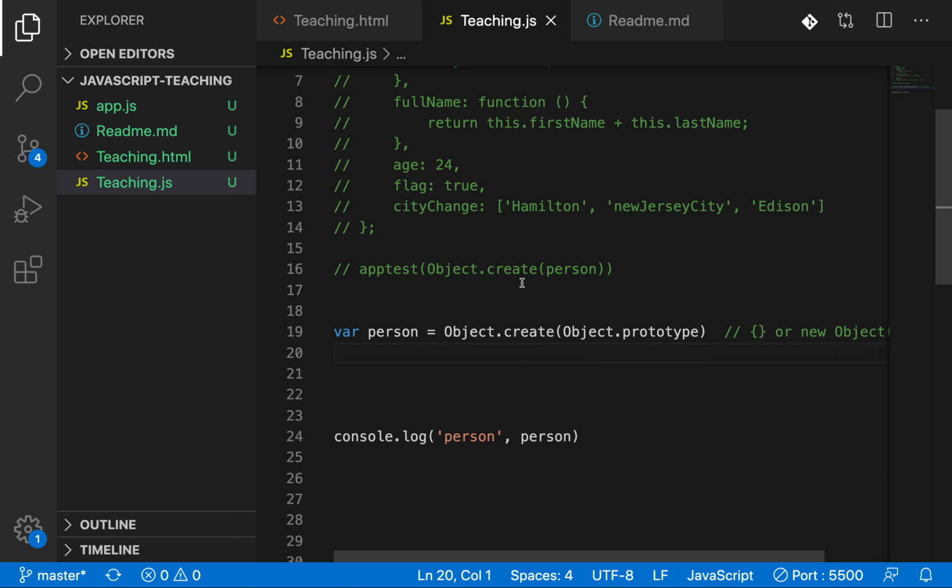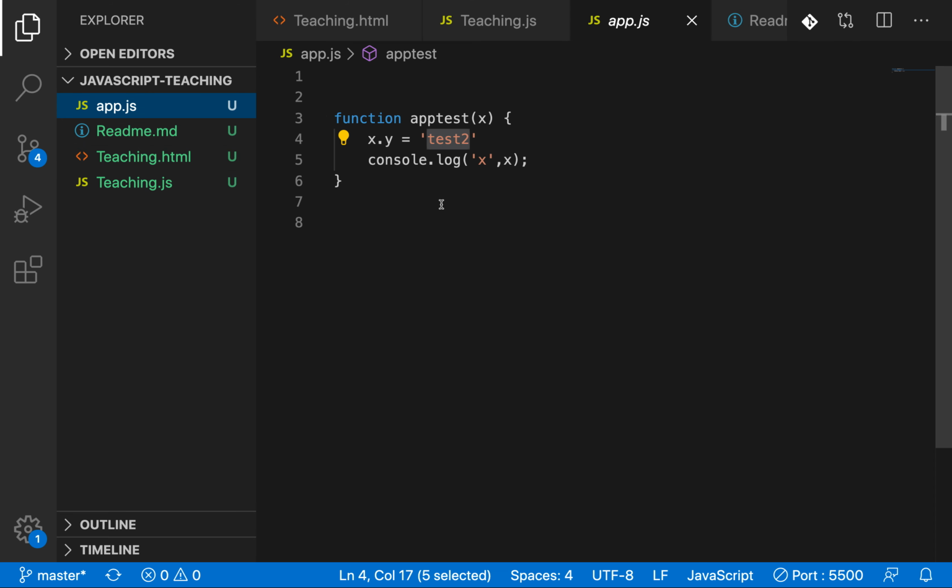Let's say I have a library file. Let's think app.js is a library file which has an app test x, and x dot y, I am thinking that x is an object, and in that object I am defining x dot y as test2, and I am just console logging that x.